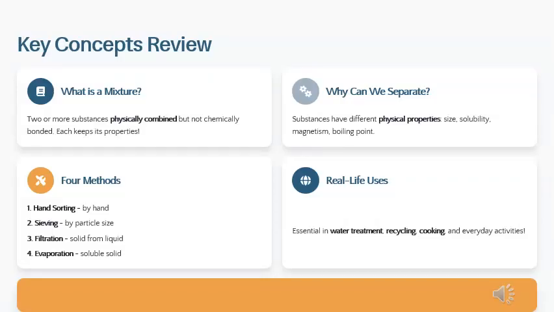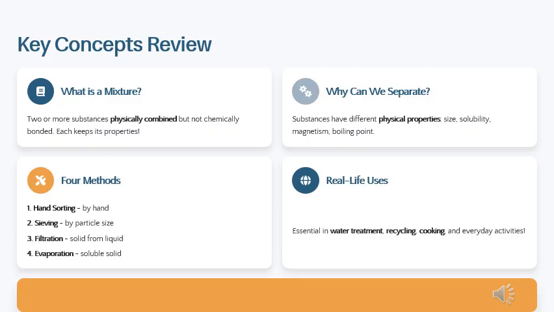Grade 7s, we have come to the end of our lesson. Let's review the key concepts of what we went over. So, what is a mixture? It's two or more substances physically combined but not chemically bonded. Each keeps its properties. Next, why can we separate?